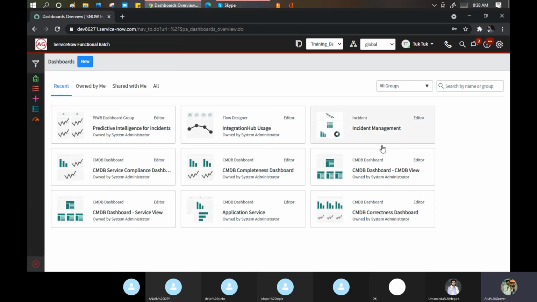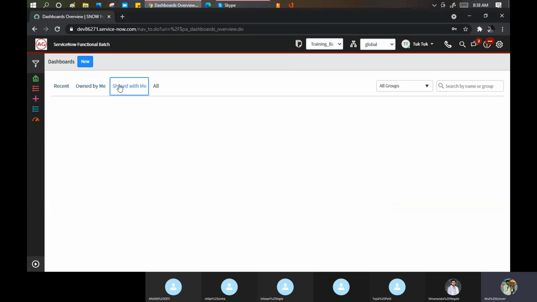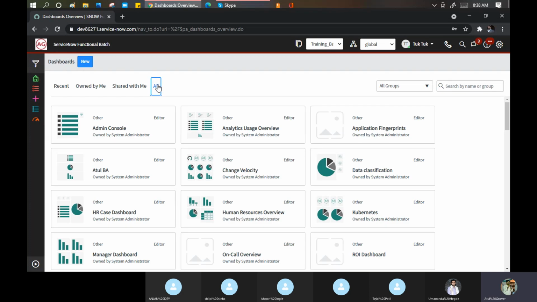You can see these are the dashboards given by ServiceNow: recent, which I opened just recently; owned by me, created by myself; shared with me, which someone shared with me; and all dashboards available for me or created out of the box.